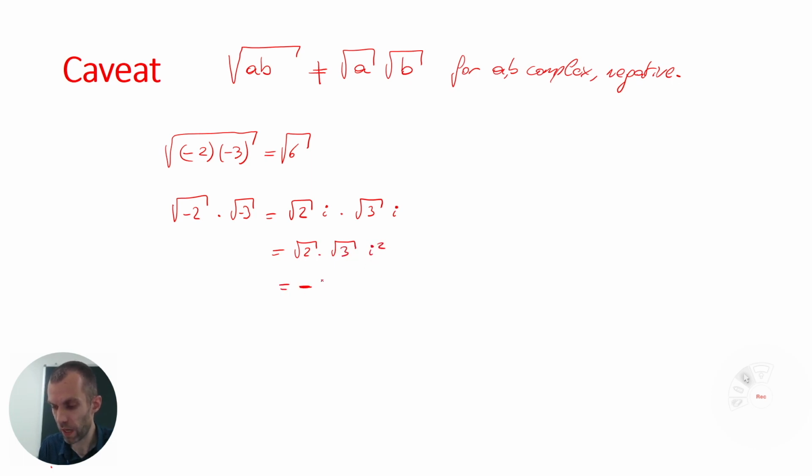So that's minus the square root of 6. So these two things are not the same. So sometimes this pops up and you have to be very careful. This is one of the areas where complex numbers behave just a little bit different than